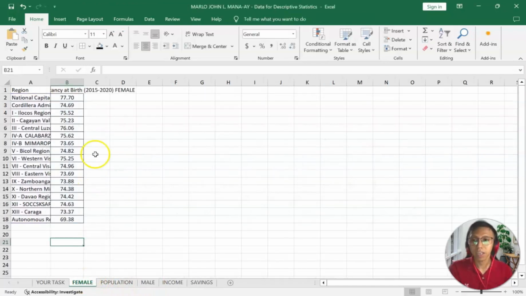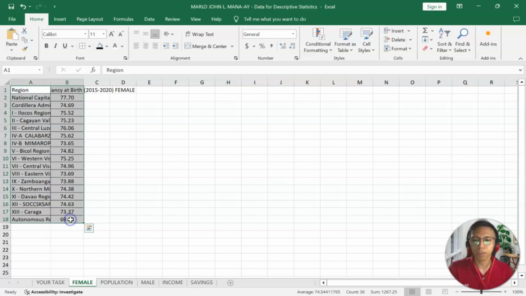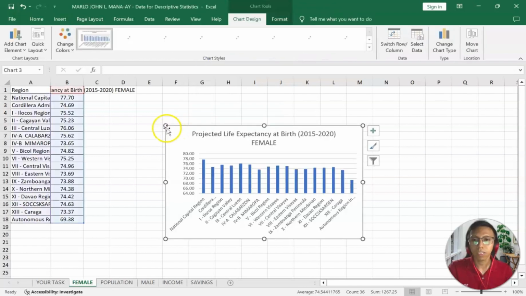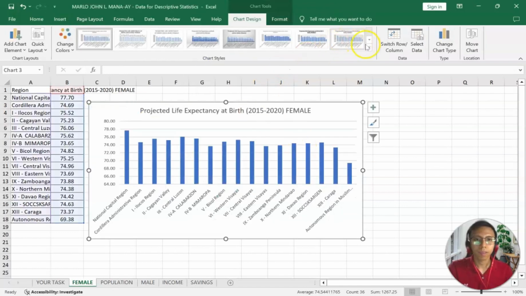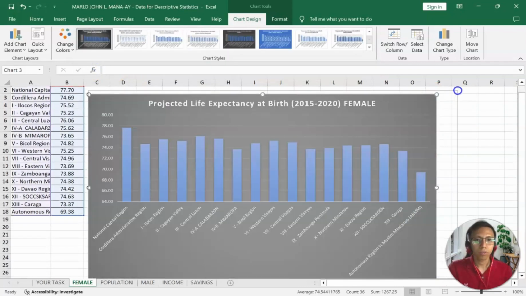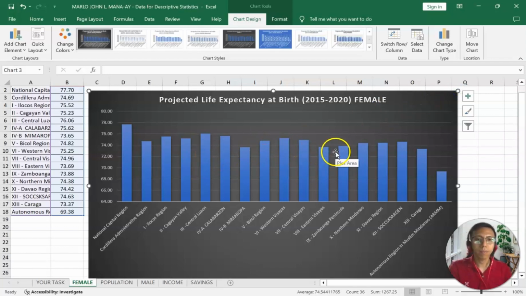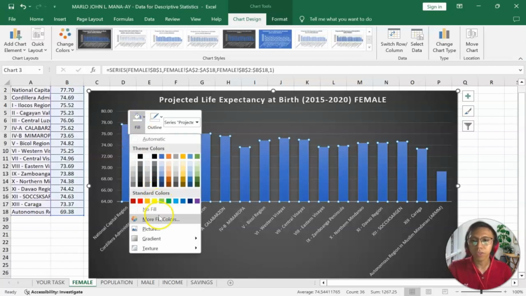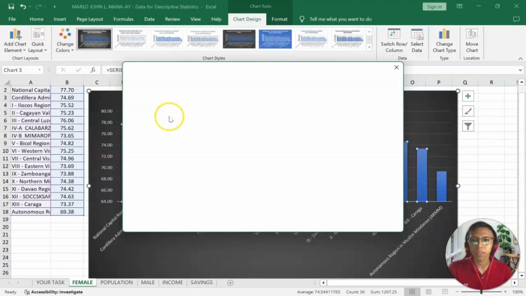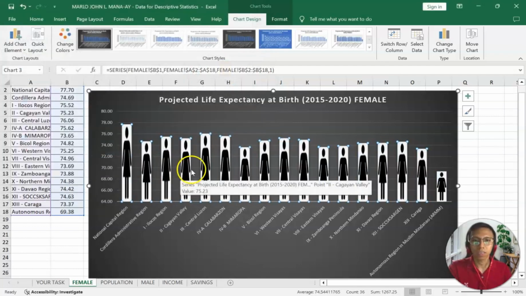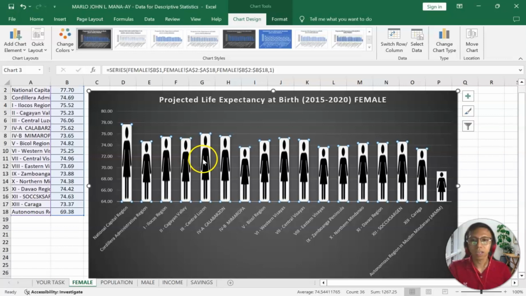So I have here the data. For example, let's make a chart for this. So we need to insert data. For example, this line chart. So to make it more visually appealing, you can change this into a picture like this. So for female, you can see the data, or the graph, or the chart, I mean,